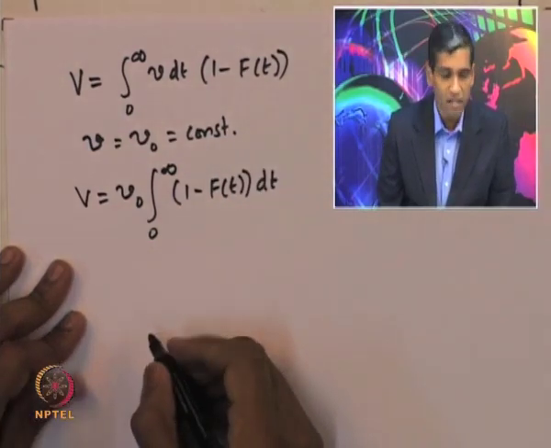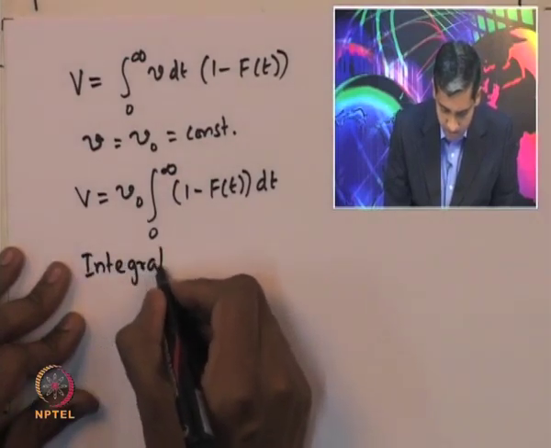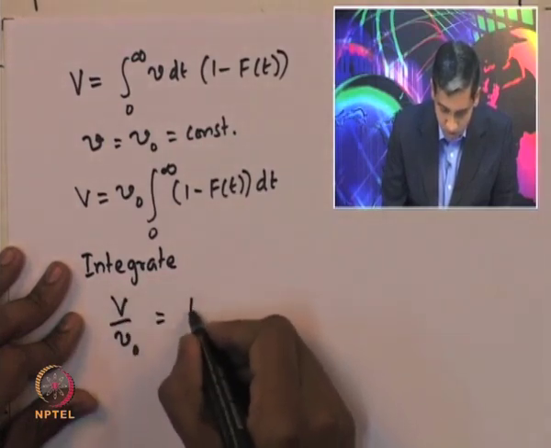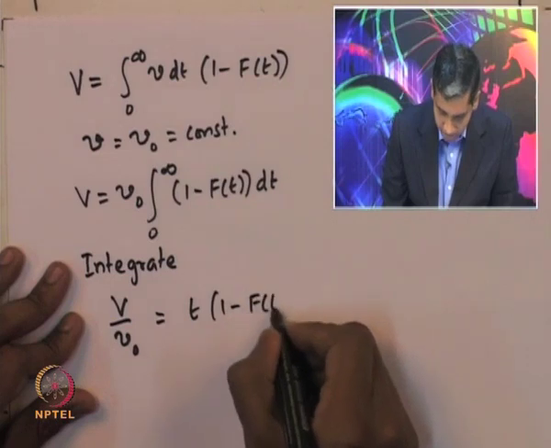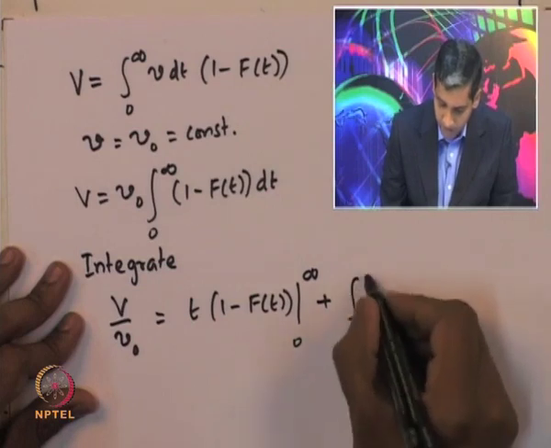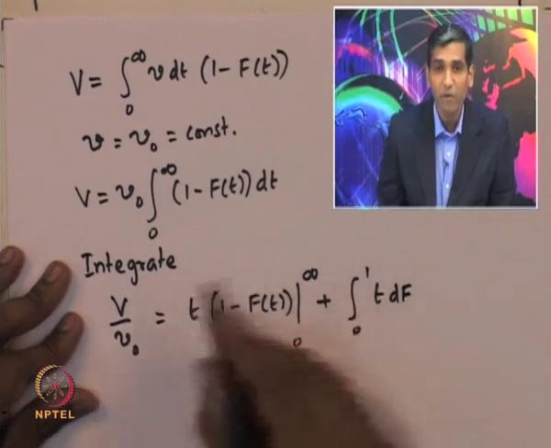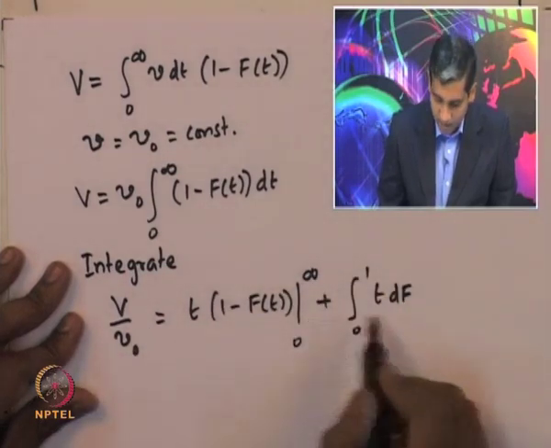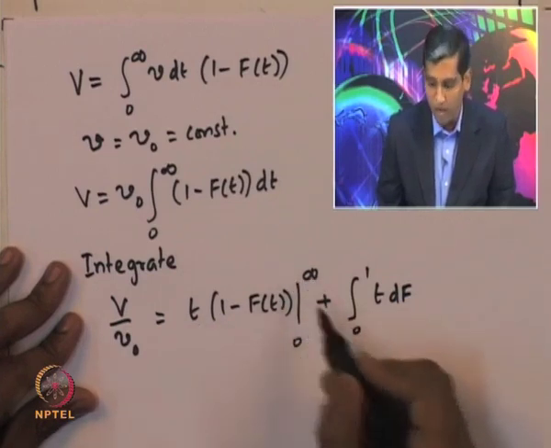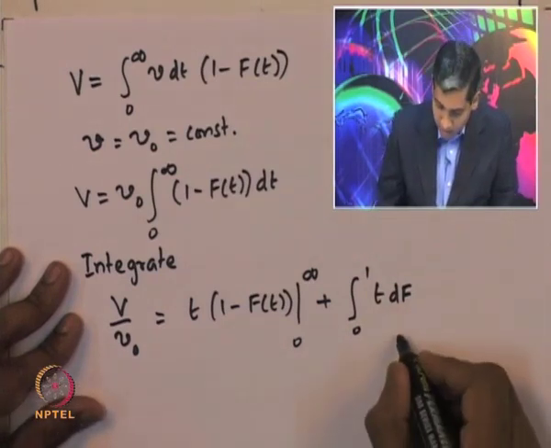So, now we can integrate this by parts. If we integrate, we will find that V by V naught is equal to t into 1 minus f of t, limits 0 to infinity, plus integral 0 to 1 of t df. This is basically when we do an integration by parts, we can split the integral into two sections: t into 1 minus f t evaluated between 0 and infinity, and the integral from 0 to 1 of t times df. Okay. Now, if I look at the f curve,